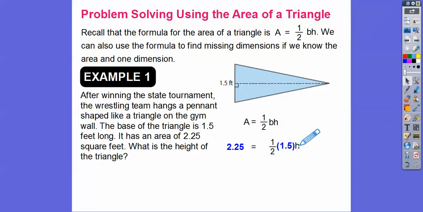Okay, there's a couple of ways to go from here, you guys. If you were in my class, I'd get rid of this half. I don't like fractions with decimals, so to get rid of a half, we just multiply both sides by 2. That'll get rid of the half right there. So 2 times 2.25 is going to get us 4.5, and then we just divide both sides by the